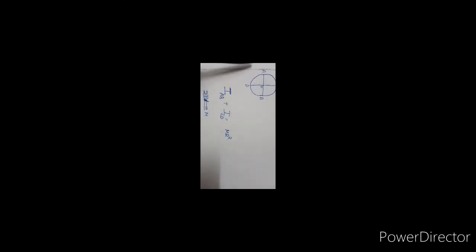So the inertia of diameter AB plus the inertia of diameter CD is equal to the first formula, which is I equal to m r square. When we added both, it gives the same value. So we write 2 I equal to m r square. When we take the 2 to the other side, it becomes 1 by 2, and this is the formula for the moment of inertia when it is asked about a diameter.